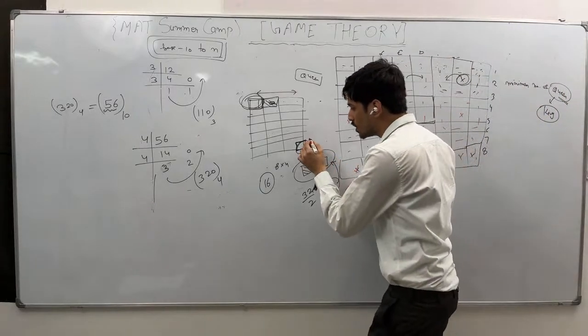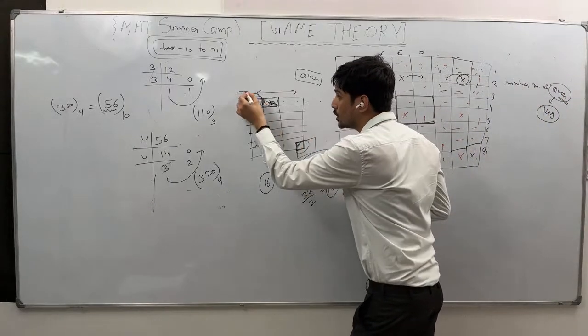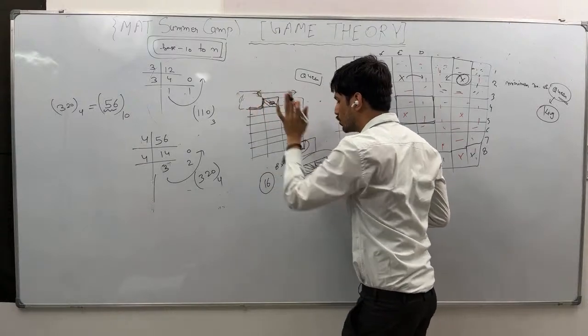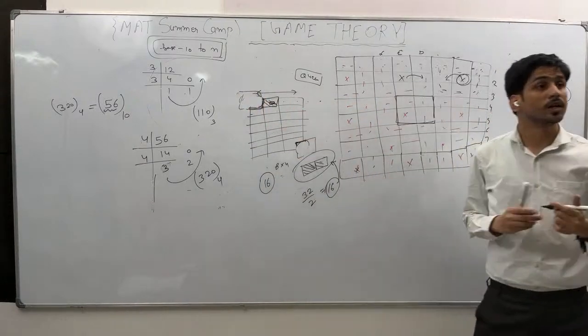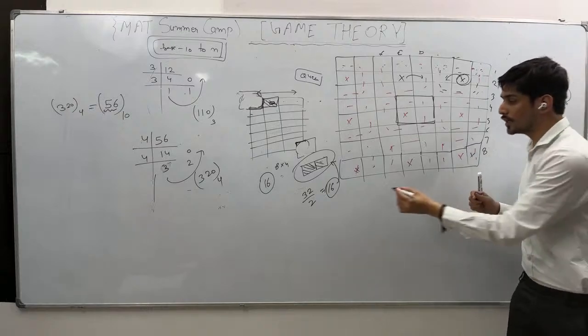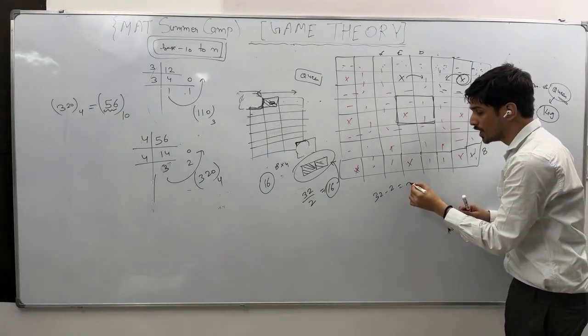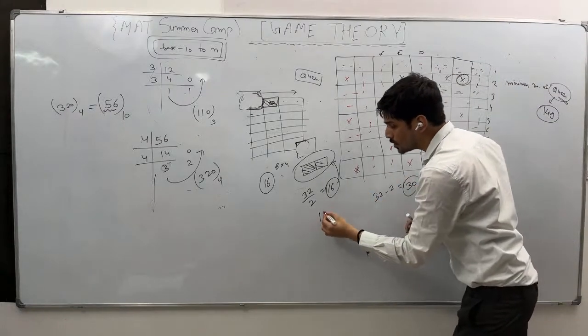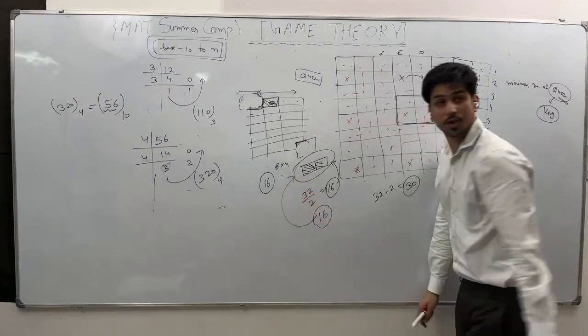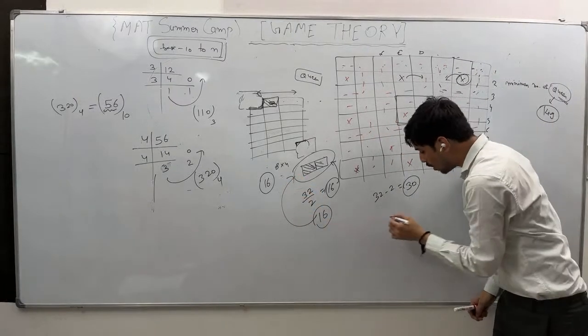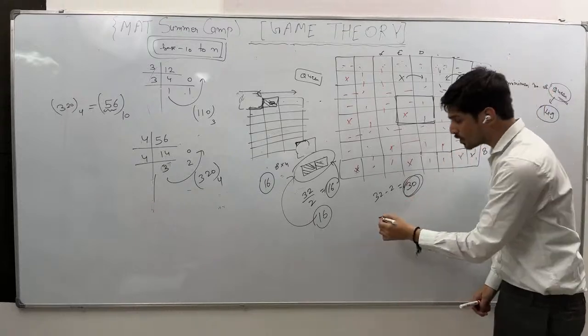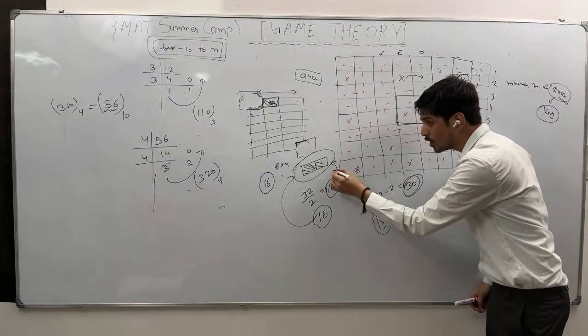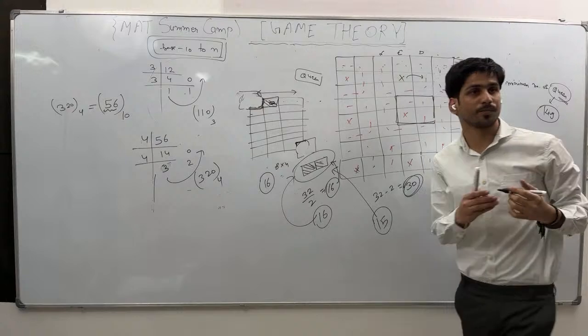But now what am I doing is, from the corner I'm removing these two squares. Now how many squares are left? 32 minus 2, 30. Now the question is, before, how many rods was I able to put? 16. Now I have 30 squares. Can I put 15 rods in this remaining structure? How?